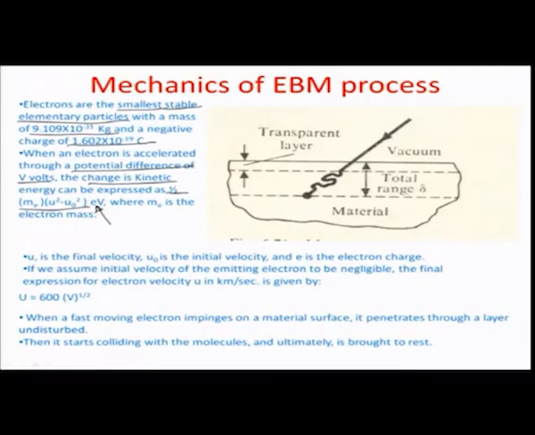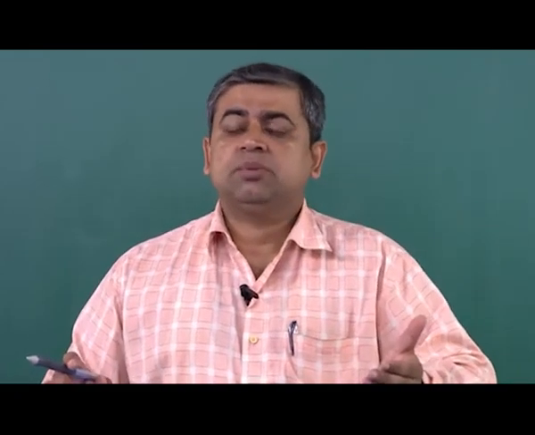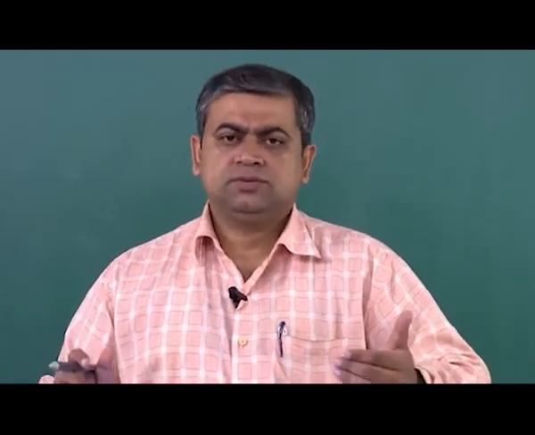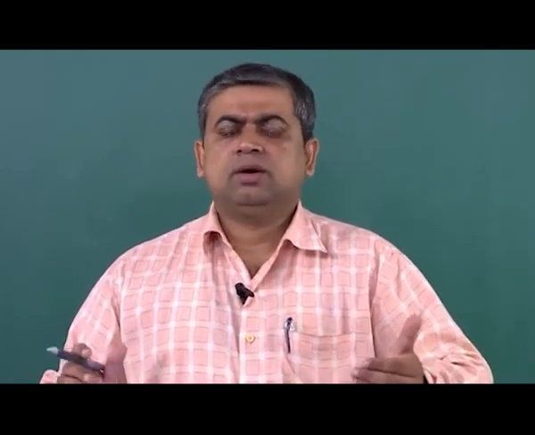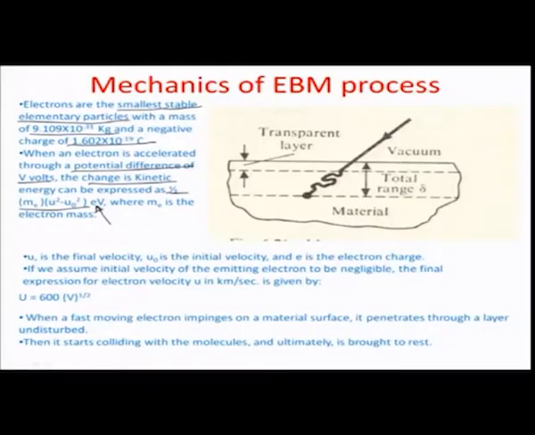So, typically we have already discussed this before, that the velocities that the electrons hit upon are huge. It is in the range of about hundreds of thousands of kilometers per second with which the electrons start moving because of this accelerating potential and the thermionic effect. So, it has been increasingly found that as the electron goes very near to the surface of a material,